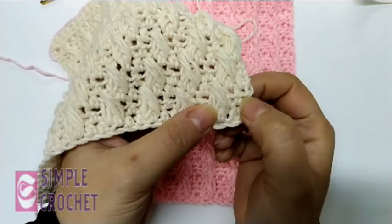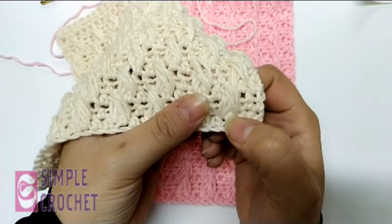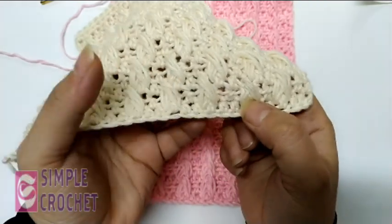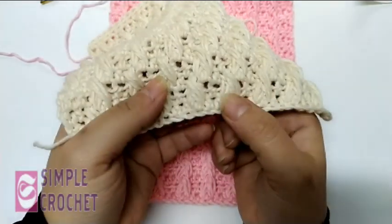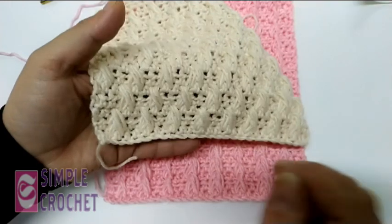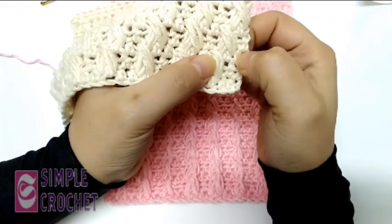2 half double crochet and then 1 puff front post half double crochet, 2 half double crochet and then 1 puff front post half double crochet, and 2 and 1 puff, 2 and 1 puff, 2 and 1 puff. Then I worked the whole row of half double crochet,